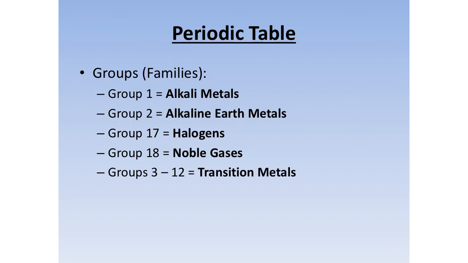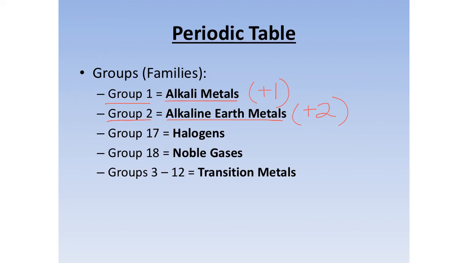Looking at your periodic table right now, there are some names that we need to know. The group 1 metals are also called the alkali metals. So we need to know that alkali means group 1, sodium, potassium, and so on. And they all tend to form +1 ions because they all have one valence electron, so they'll lose the one valence electron to get to 8. The group 2 metals, so magnesium, calcium, they are the alkaline earth metals. And when they form ions, they have two valence electrons, which they'll lose, so they form +2 ions when they